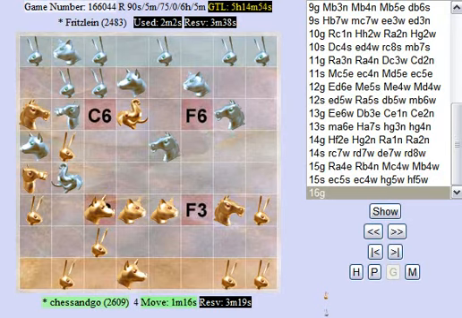That he might be thinking of bringing his horse to c5, but he might also be thinking of bringing it all the way down to e2 on his 16s move. In fact, I think that's the real purpose of the horse move. And now the question is, if chessandgo wants to try to trade horses, he could just give up his hostage